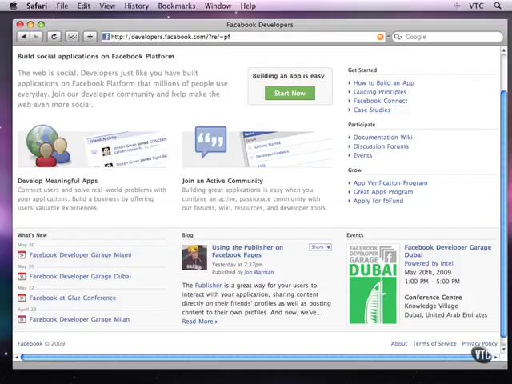In the next section, we'll look at Facebook technologies that were developed by Facebook, tools such as FBML, the Facebook markup language, and the Facebook API. These tools are the Facebook tools that are built on top of the industry standard tools. Now, for documentation about these tools, you go to